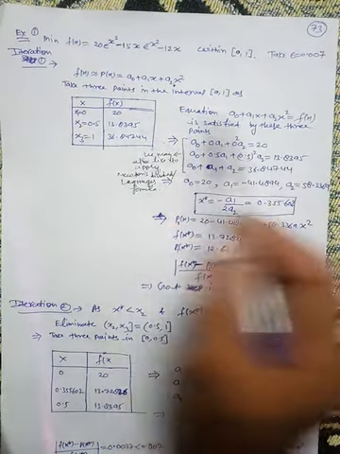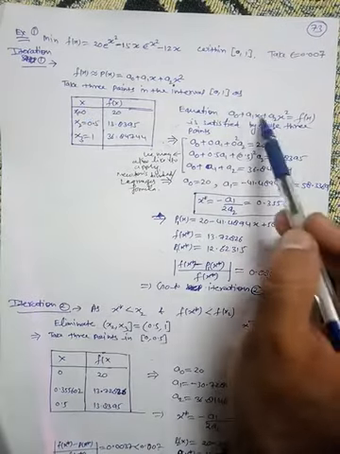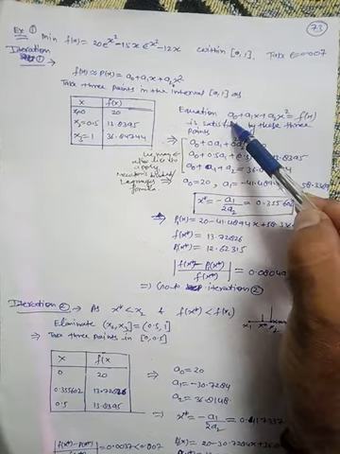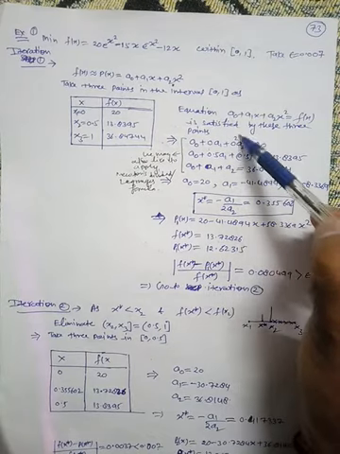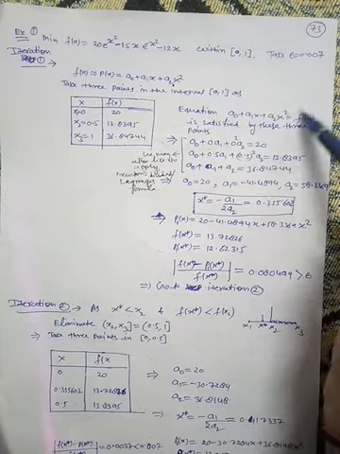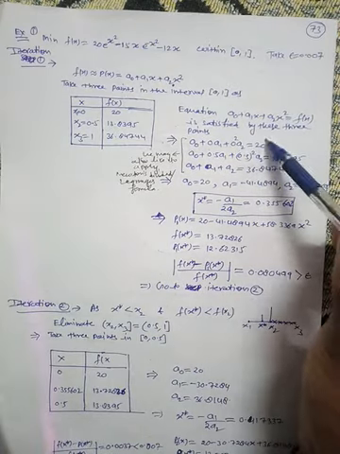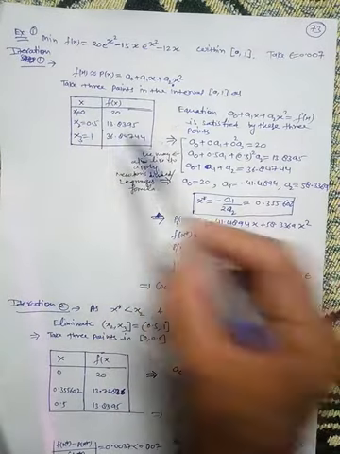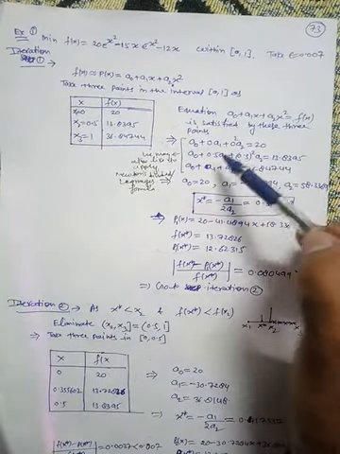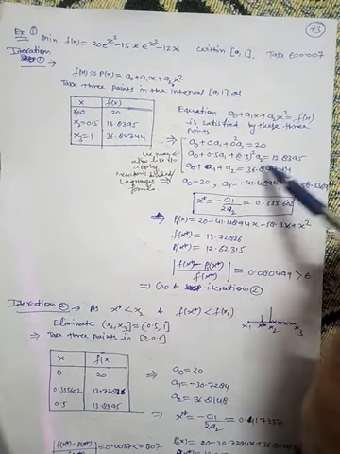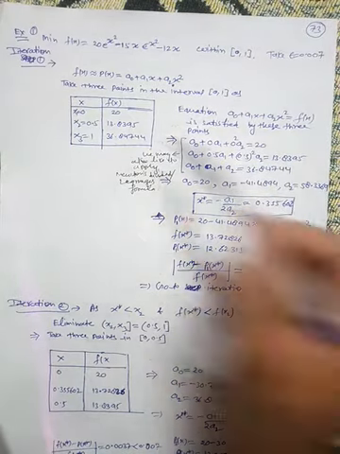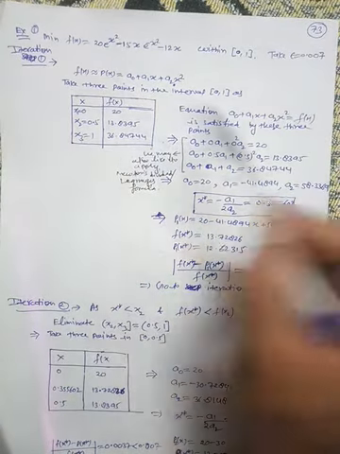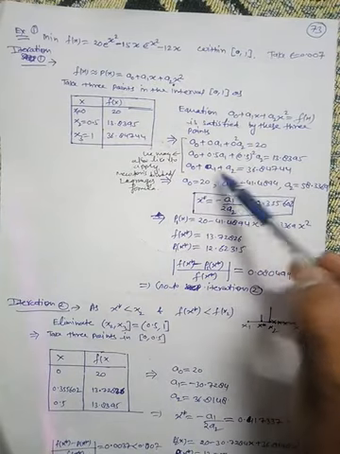So now substitute this. Put x1 equal to 0 here. So when x1 is 0, this will be 0, this will be 0. So we get a naught plus 0 a1 plus 0 square a2 is equal to f at 0, which is 20. Second, put x2 equal to 0.5. So here we have a naught plus 0.5 a1 plus 0.5 whole square a2 is equal to f at 0.5, which is 13.8395. Similarly, put x3 equal to 1 here. So we get a naught plus a1 plus a2 is equal to this.